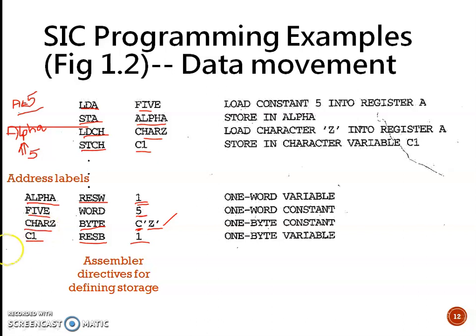This column indicates the address labels, and this indicates the directives used for defining the storage, and the size of the values used for defining the address labels are given in the third column. This is related to movement of data from the accumulator to some memory location.